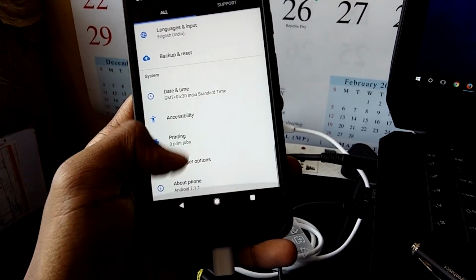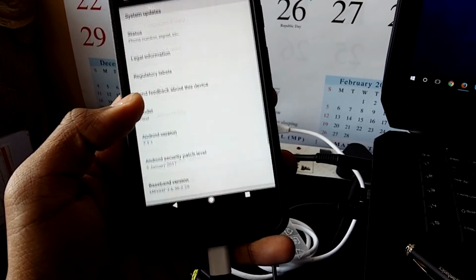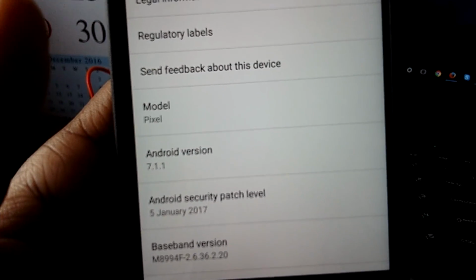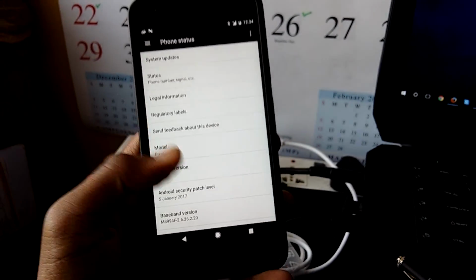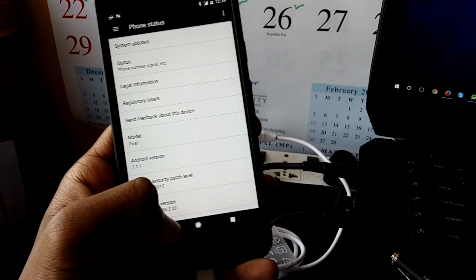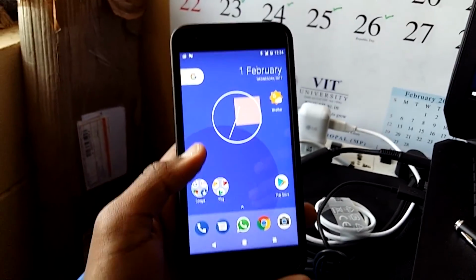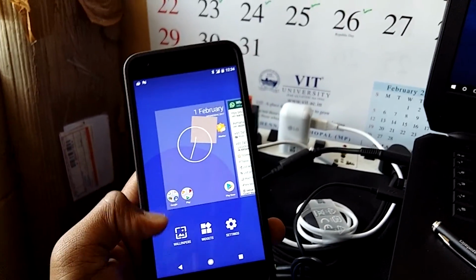Also, if you go up to the build prop, as in About phone, you can see that it shows the model as Pixel over here. So that's the coolest part about this. It behaves as if your device is absolutely a Google Pixel. And I'd like to show you guys the wallpapers, the Pixel's wallpapers.